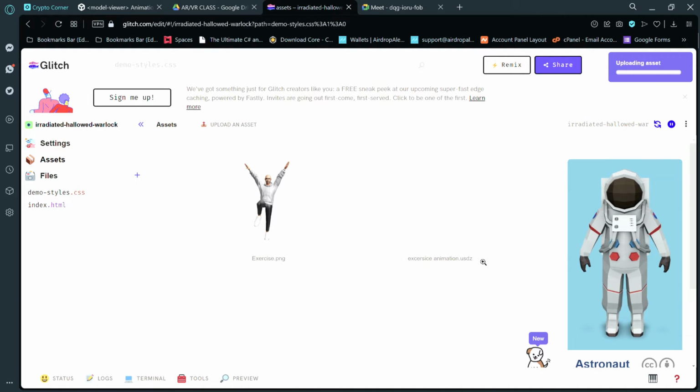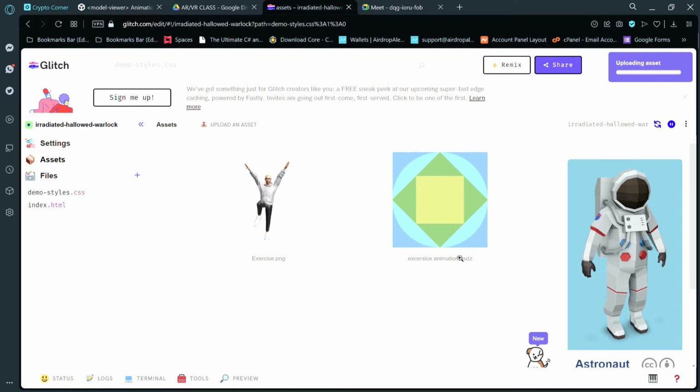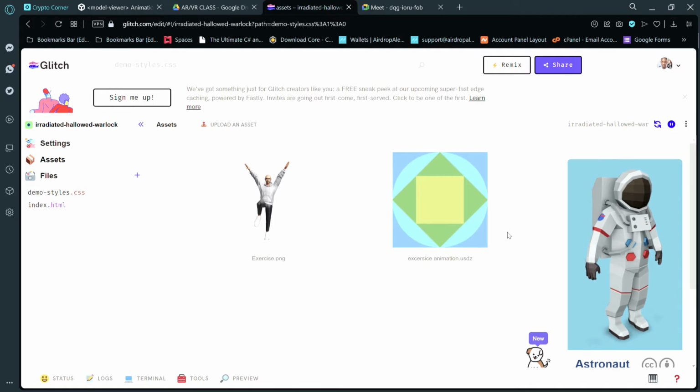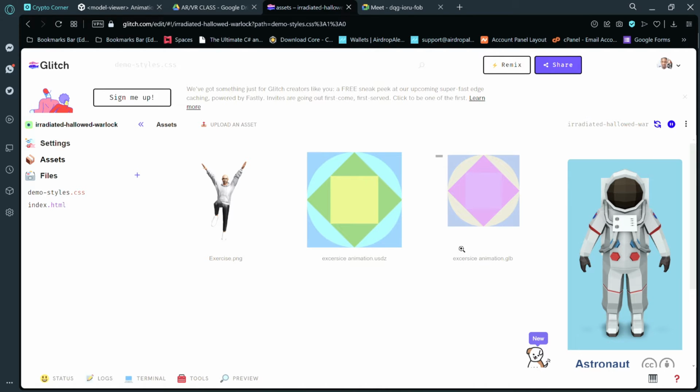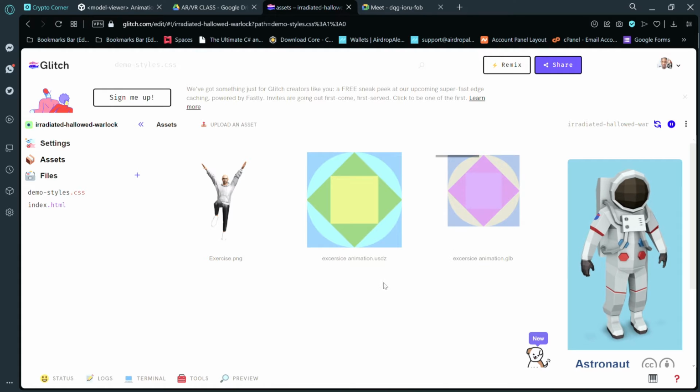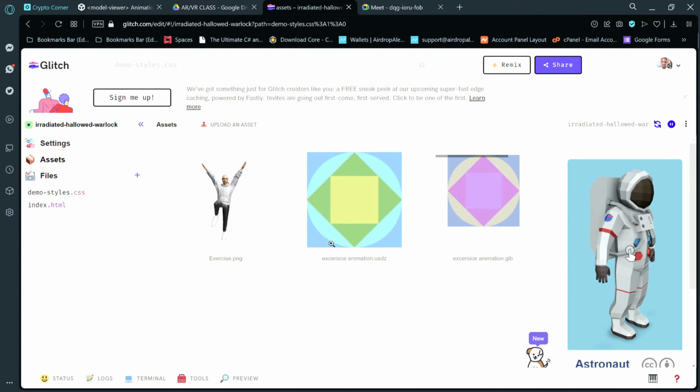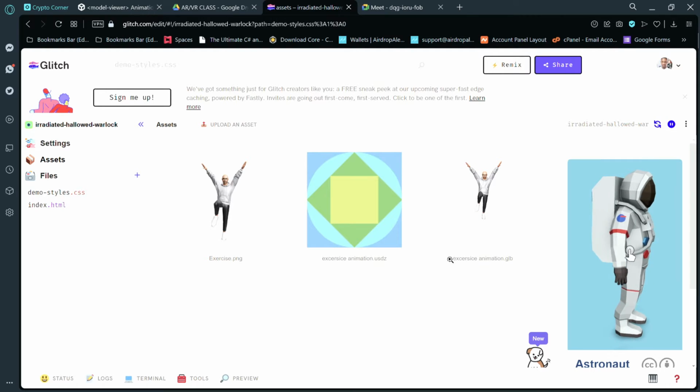All right, great. So I have the USDZ file format, and I also have the GLB. Once you do, you're going to have the exercise.png, the exercise animation.usdz, then you're going to have